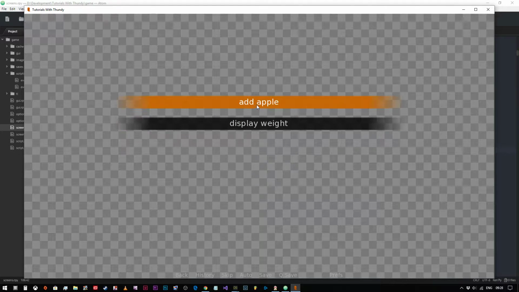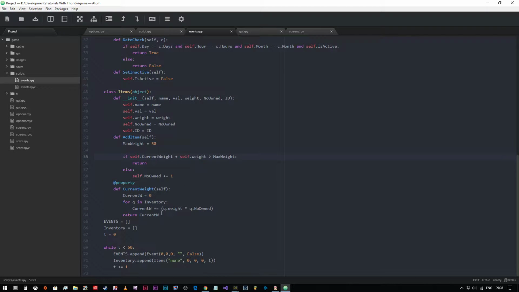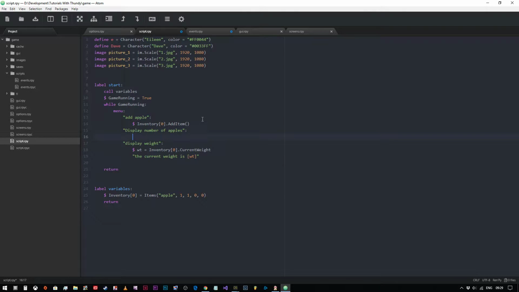So if we want to, we could go a little bit further with this, and we're going to complicate things a little more. So we're going to go back to our events class. We've got all of these cool things set up. That's great. So we come into our script and we're going to say display, if I could spell, display number of apples. And then all we need to do is say you have inventory 0 dot number owned